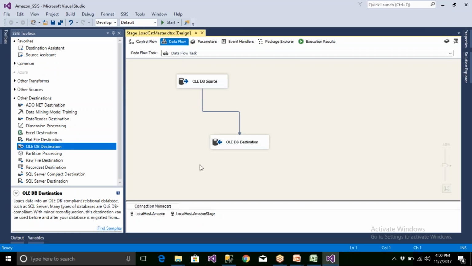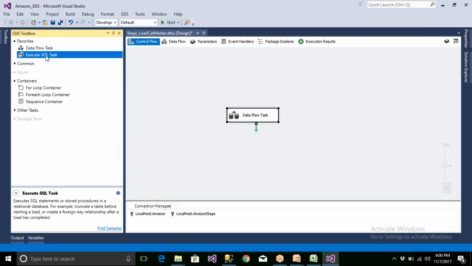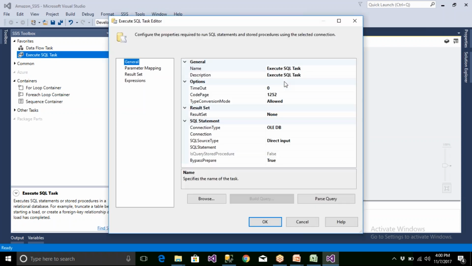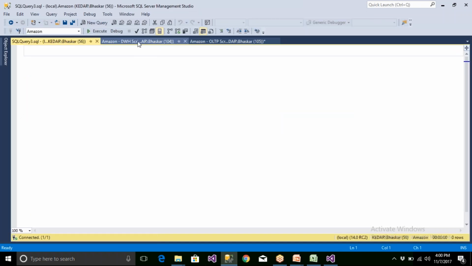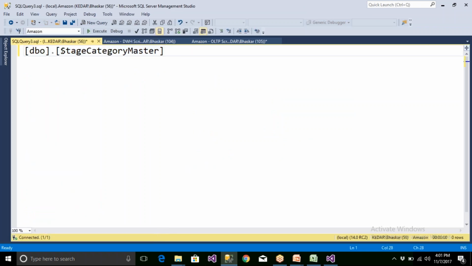But if you run this package a second time, you may get duplicates. For that, I want to truncate the table. In the stage, we truncate the data in the stage table and always do a full load. So you go to the stage database and write truncate table, with the table name in the stage, that is stage category master.